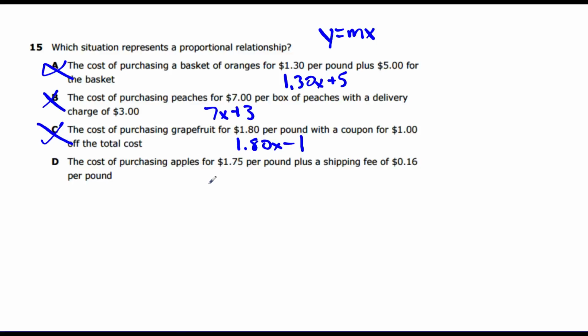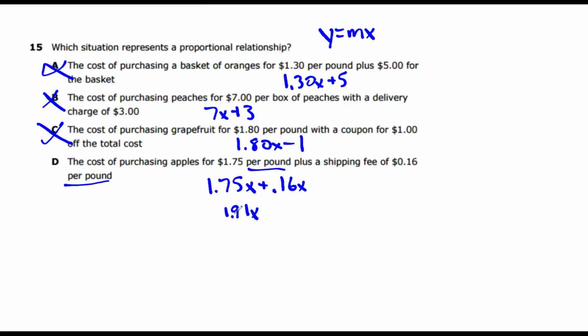So purchasing apples is $1.75 per pound. So $1.75x plus a shipping fee of 16 cents per pound. Okay, so that's also per pound. So we could say this as 0.16x. And then we could combine this. $1.75 plus 16 cents gives us a grand total of $1 and whoops, that's a bad decimal. $1.91